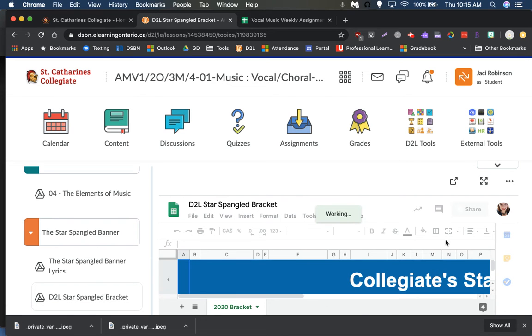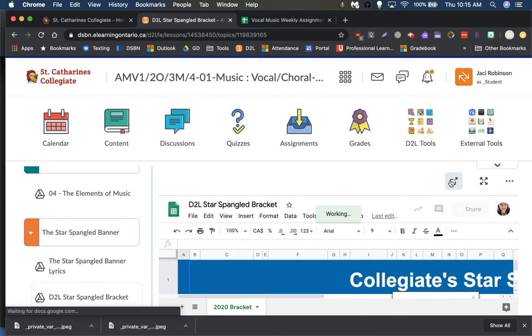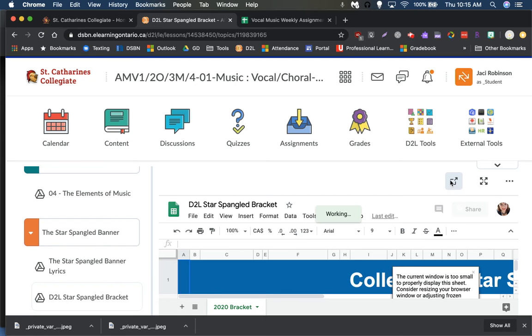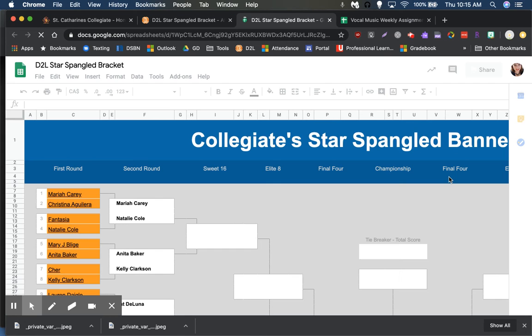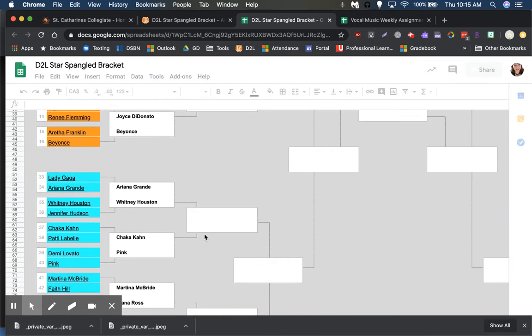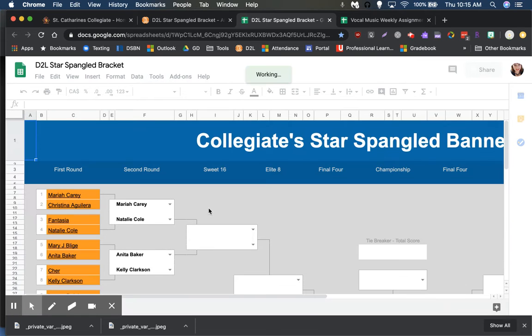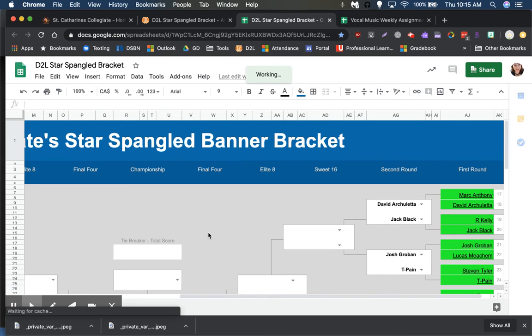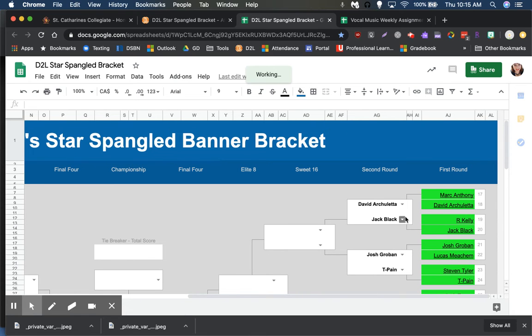You can see it's kind of hard to see like this. So if this was me, I would open it up in a new window and you'll be able to see it a lot better. Okay, so here are the different things we've done so far. You can see some of these are already filled in because I've taken whatever your classmates have submitted and filled them in, but I will go back